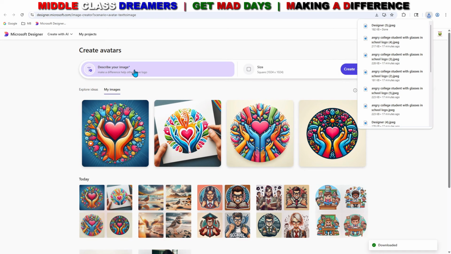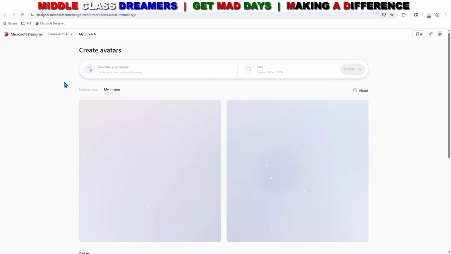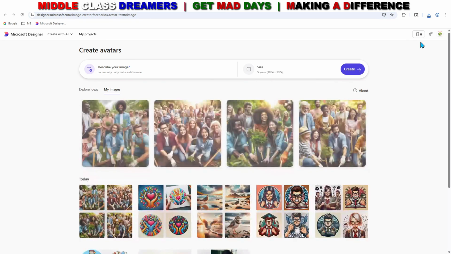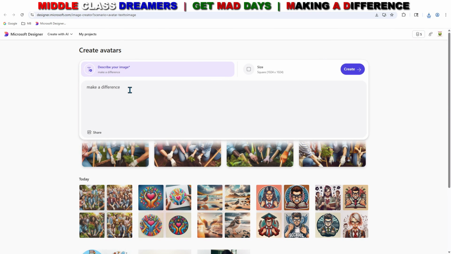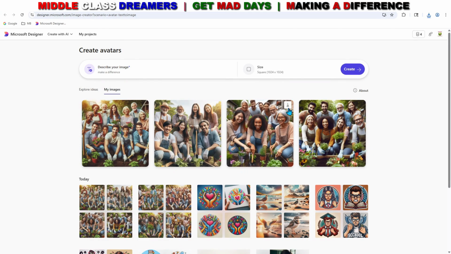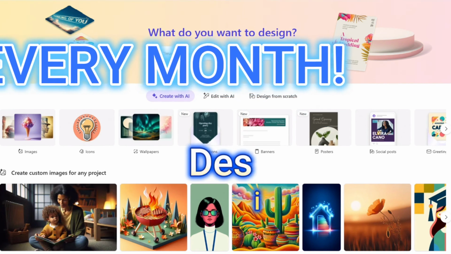What I want to do though is do something different. Unity, unity, make a difference. Let's see what that does. But this program is really fun. Definitely check it out. It's free. Yeah, there we go. I went to 5. Credits are running low. Let's just do make a difference and see what it comes up with. There's a lot of things you can do here. Once you do something, it's going to cost you 1 credit, but you get 15 for free. So go to